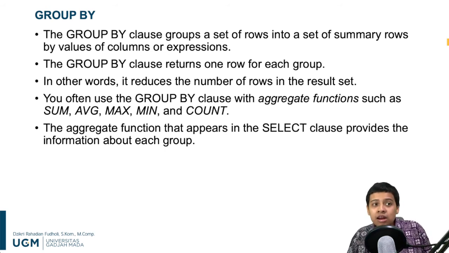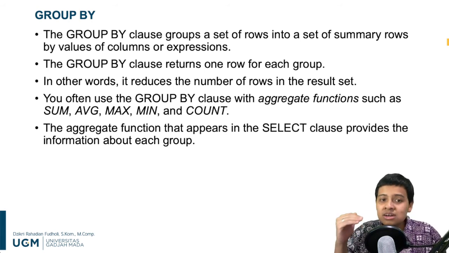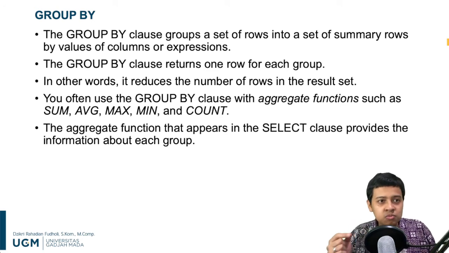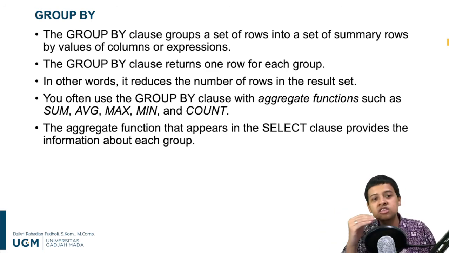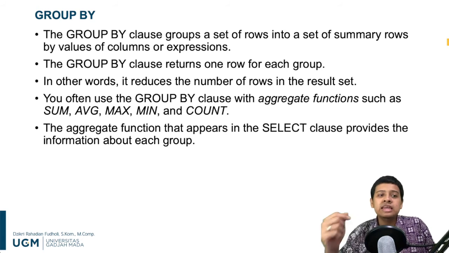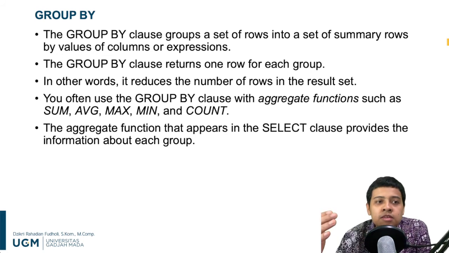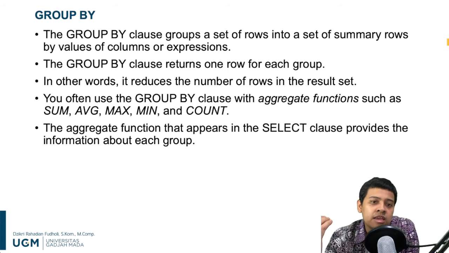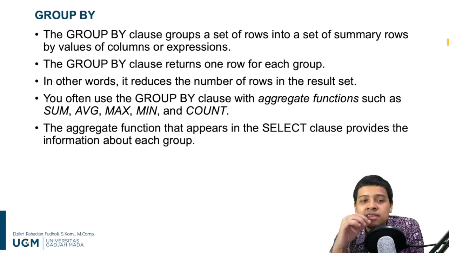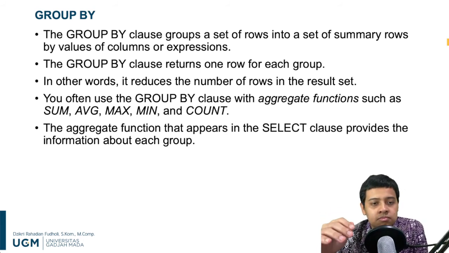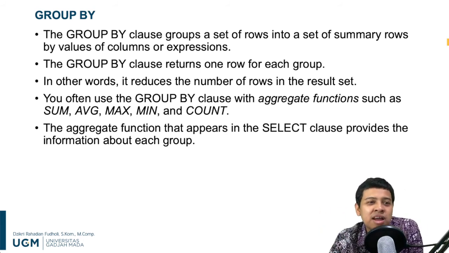The GROUP BY clause will return just one row for each group. So this is quite important. The GROUP BY clause will return just one row for each group. In other words, it reduces the number of rows in the result set. For example, if we have like 1,000 rows in a table, usually if you use GROUP BY, the number of rows will be reduced,